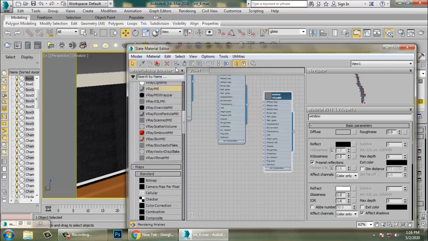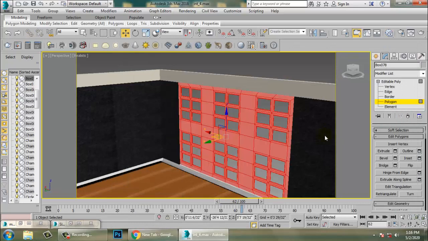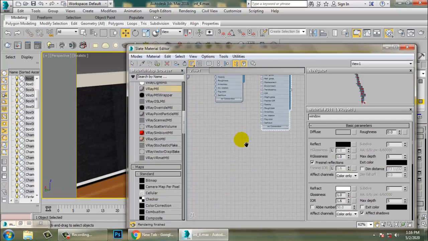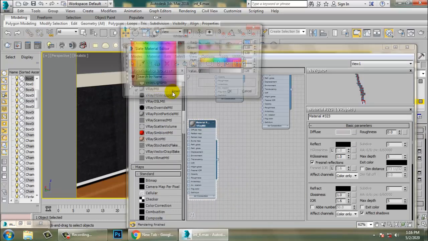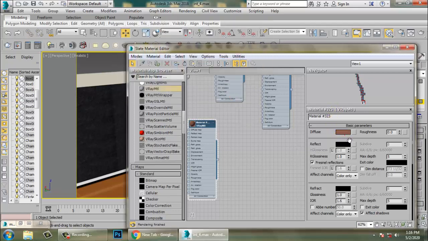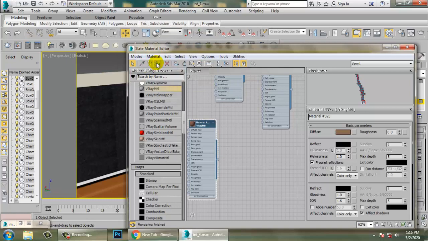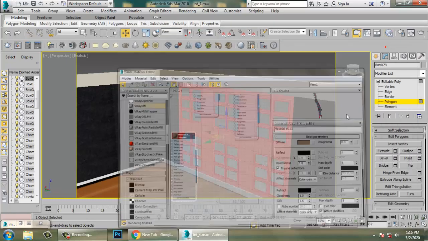I don't need Control I, that's your inverse material, and I will just give a brown color to it because although it's not going to be visible over here, it's not in the camera, so I'm just assigning a brown color. Alright, so just assign the color to it, that's it.